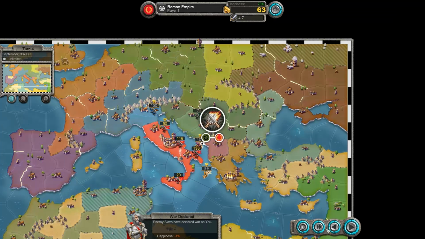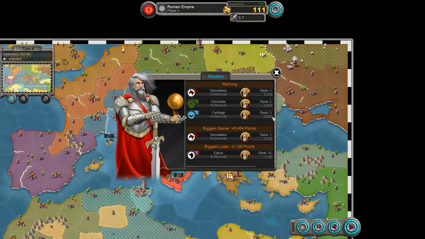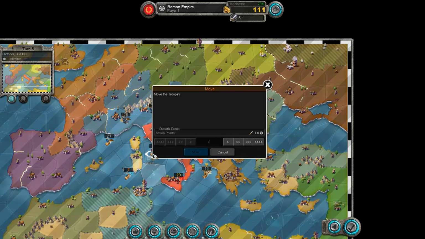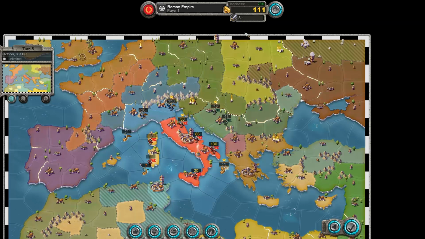Turn replay. Turn replay. The enemy Slavs have declared war on you. Oh, my. Well, then we got our taxes. Okay, so this is pretty legit. I'm digging this. Alright, let's send over... we'll send over 15. And then you, 15. Boom. Two territories conquered in one sweet, delicious turn. I'm digging it. And we got 111